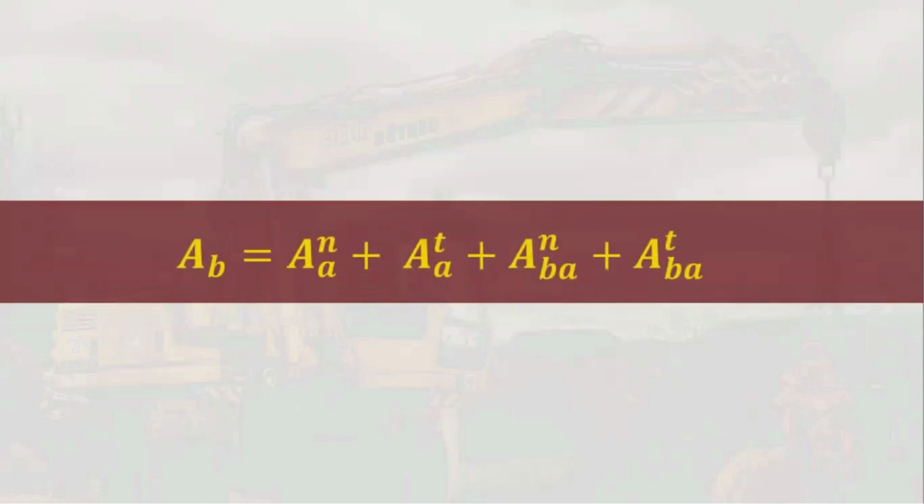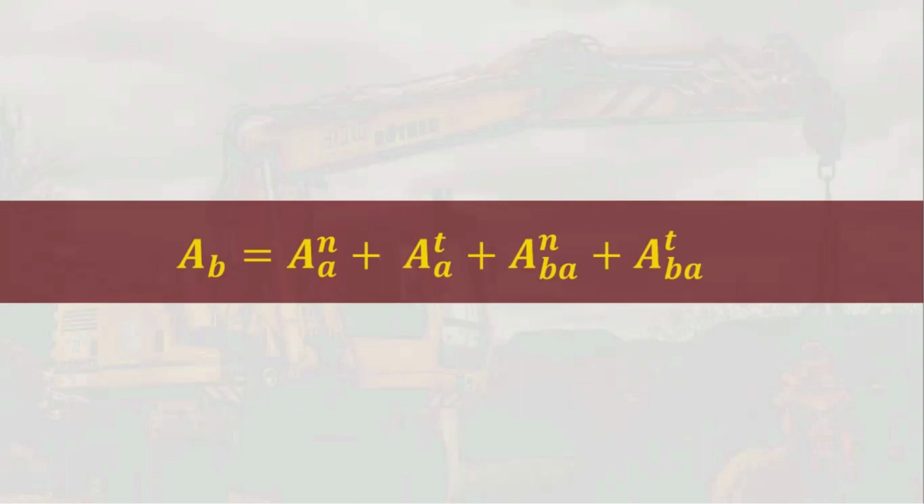This is denoted by the equation. So if we are looking for, for example, the absolute acceleration of point B, then for you to be able to get the acceleration of point B, it is just the sum of these vector components. We have the normal component of absolute acceleration of A, as well as the tangential component of A, plus the normal component of the acceleration of B relative to A, and then the tangential component of the acceleration of B relative to A. So in this way, we can still solve for the absolute velocity, angular acceleration or acceleration